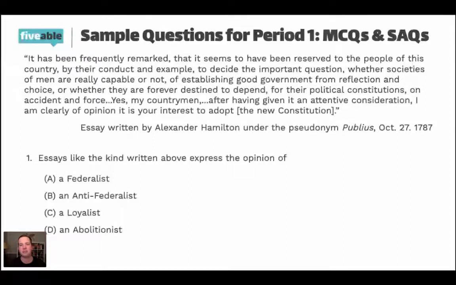It sounds like there's some people that think it's A so far. There were a couple of D's, but maybe that's from previous ones. But yeah, A is the correct answer here because Alexander Hamilton is a Federalist in that he supports the Constitution. In fact, he's one of the primary authors of the Federalist Papers. If you're familiar with the musical Hamilton, and if you're not, you should be. Great way to study for period 3, and fantastic music, fantastic acting. Listen to the soundtrack. Hamilton is one of the authors of the Federalist Papers along with John Jay and James